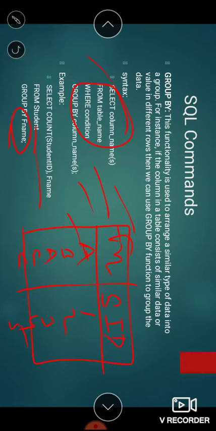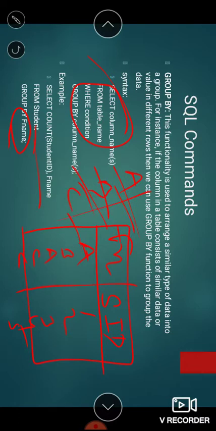Let's suppose we are taking student ID as a primary key, so it is not repeated, but F name can be repeated. The name of any student can be repeated. So it will group by F name, which means it will make the groups depending on the F name. The first group is of F name A, the second group of B, and the third group is of C.